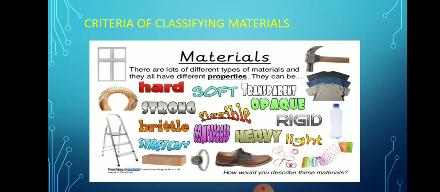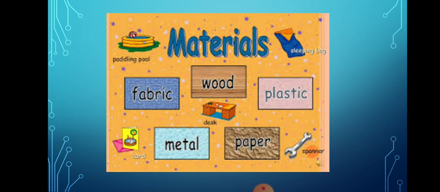So materials can be wood, plastic, fabric, metal, and paper. So this was all about the material that is used for making different kinds of objects. We cannot use a plastic shirt. Can we use that? No. Only fabric, or cloth, may it be of different types, is used for making clothes. So this was about the first property, material. The second property, shape and size, we are going to discuss in our part 2 video.